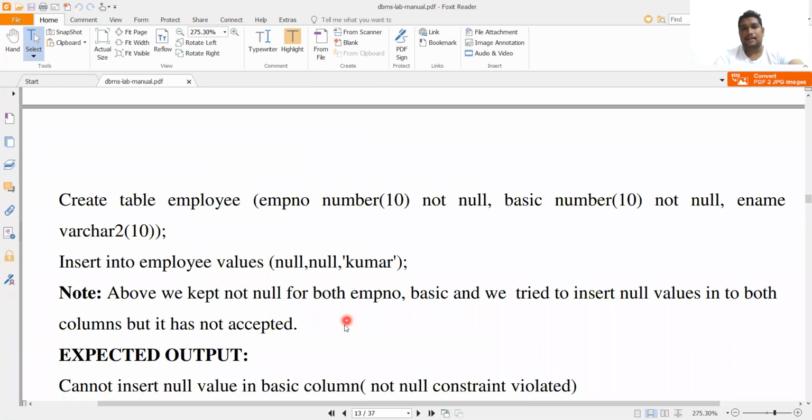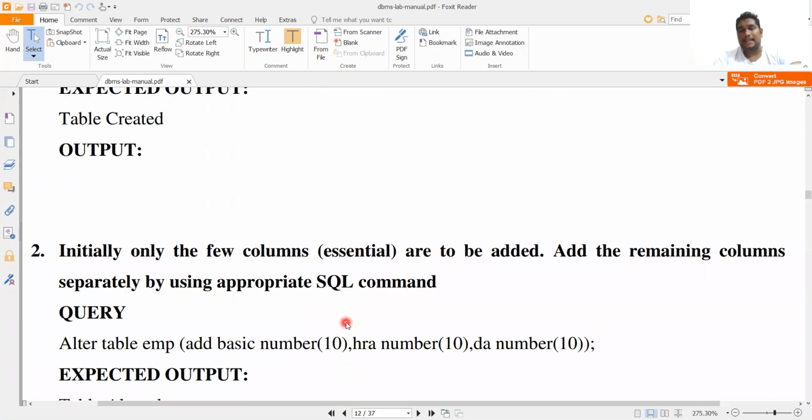This is the minimum: insertion of your data, deletion of data, updation of data, alteration of data, how you are not giving unique values, how you are giving unique values, how you are not giving null values. All of this should be explained in this session. In the next two sessions we will discuss like that. After completing this session theoretically, we will have a lab session, where I will execute all the programs so you can easily understand what is going on.